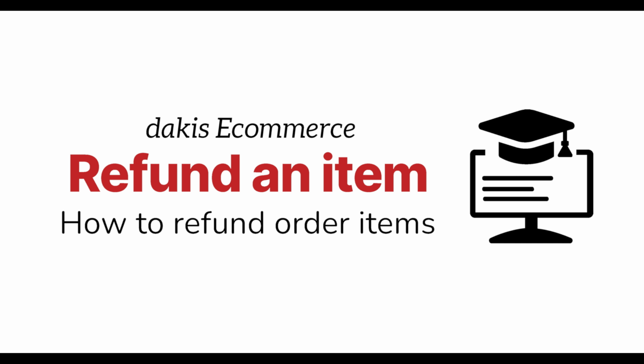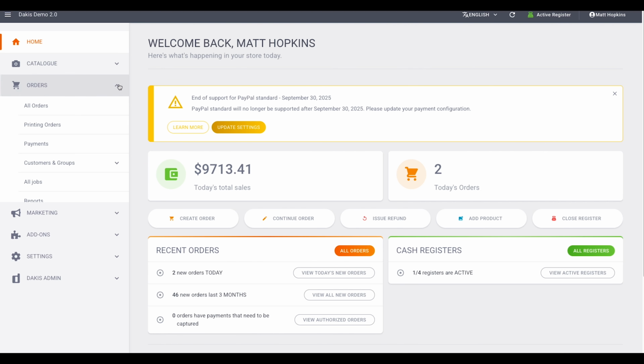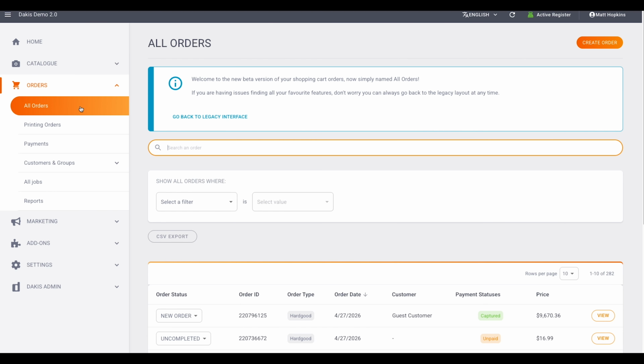I'm Matt from Dakis, and today we're going to learn how to process an item refund in your Dakis Unified Commerce solution. Before we get into it, there are a couple things we'll want to know before processing any refunds